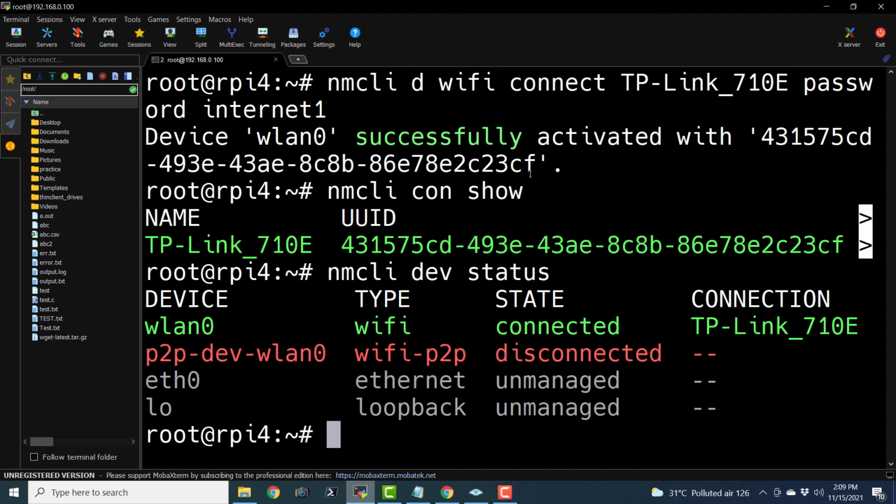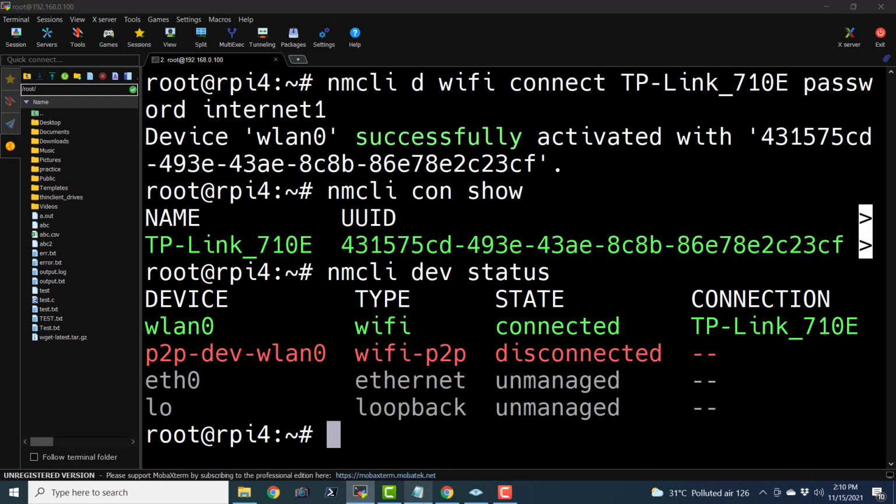Basically we had wireless LAN and we also had an Ethernet network. Ethernet is disconnected, that's why it is showing gray for the Ethernet. And wlan0, that is wireless LAN 0, is connected, that's why it is showing green for wireless LAN. So this is how we can connect to any wireless LAN that is accessible to us.